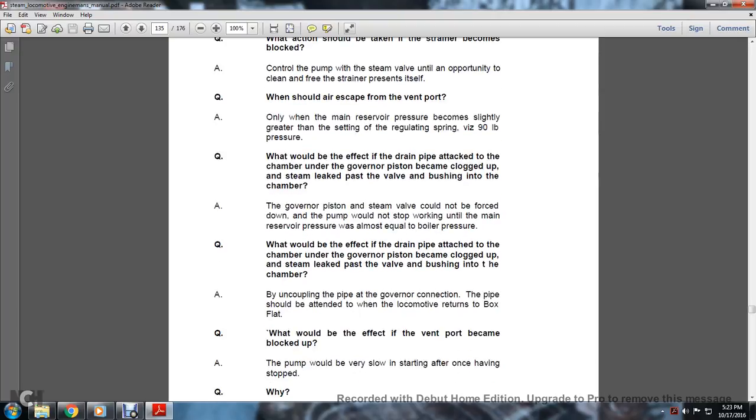Question: how should this be remedied if the drain pipe attached to the chamber under the governor became clogged up and steam leaked in past the valve bushing into the chamber? By uncoupling the pipe at the governor connection. The pipe should be attended to when the locomotive returns to the